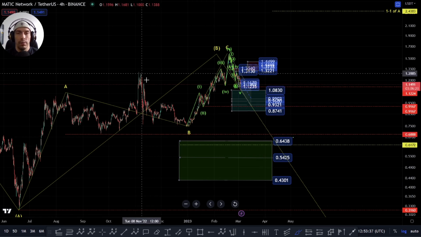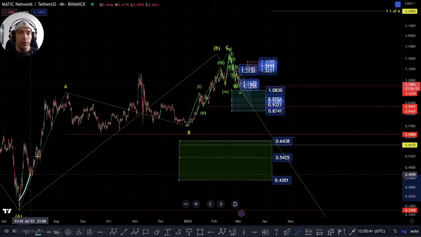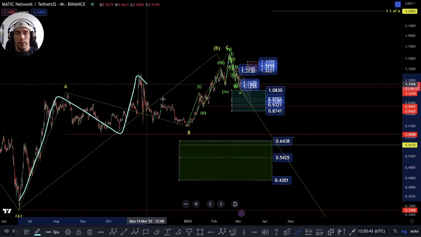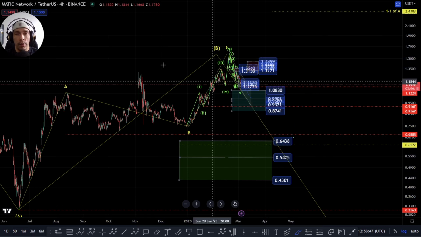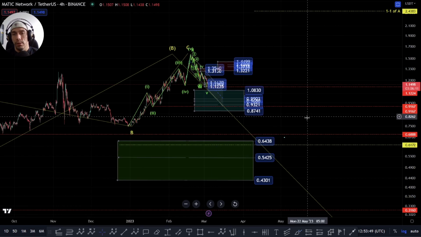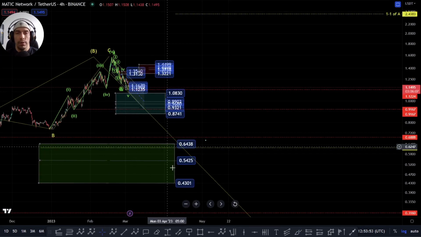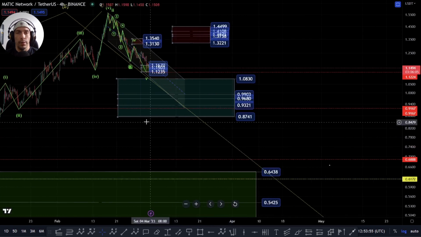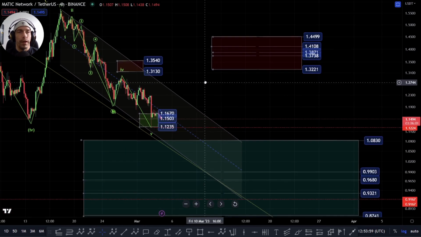The problem is it starts to become disproportionate if that is the case. You could also potentially argue you get something like this as an A, this is a B, and then we look for that C wave. There's a couple of ways of reading this at the moment, so it really is choppy, but there is still also that potential we could break lower. So we're going to just take this sort of one step at a time and see how the waves actually